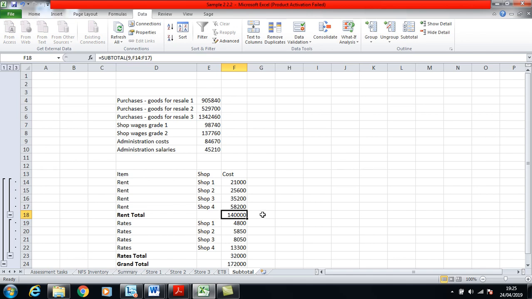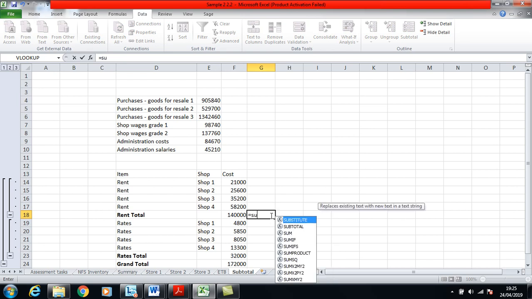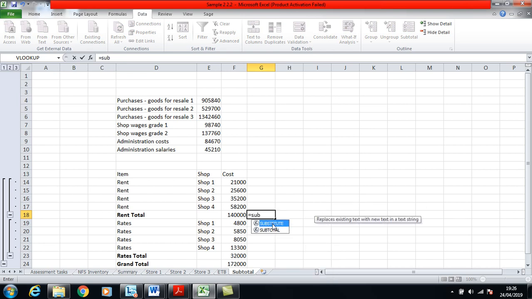Sometimes in some of the questions it'll ask you to do the formula, so I'll show you that formula. The table's done it for you automatically, but I'll show you what it looks like. If you go equals SUBTOTAL,